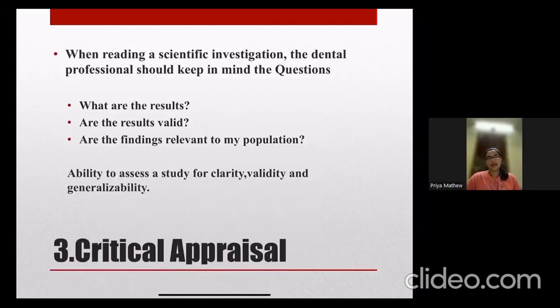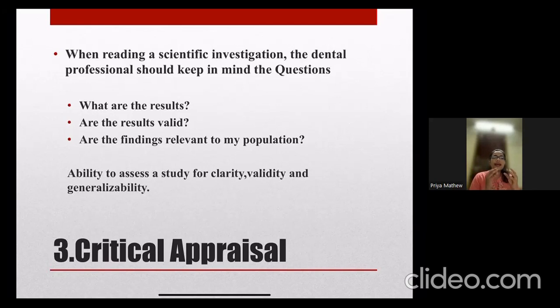critical appraisal. Now this comes to the research side. So we have decided to do a study. We have done a study, say, a randomized control study, or we have just collected some previous data from the primary or secondary sources. We have got some evidence. Now we should know that this evidence that we have got is